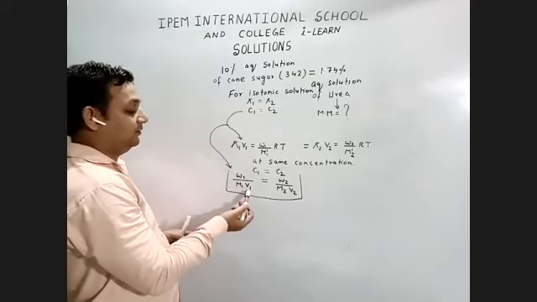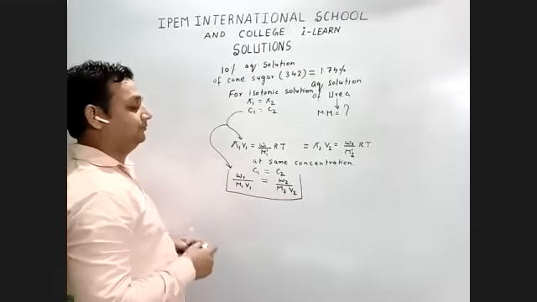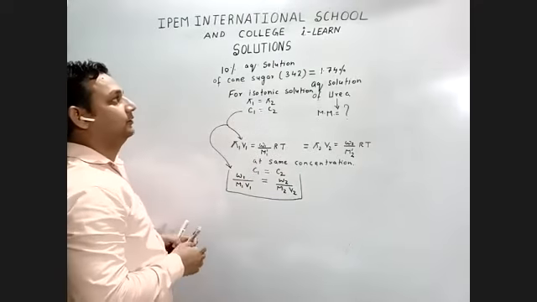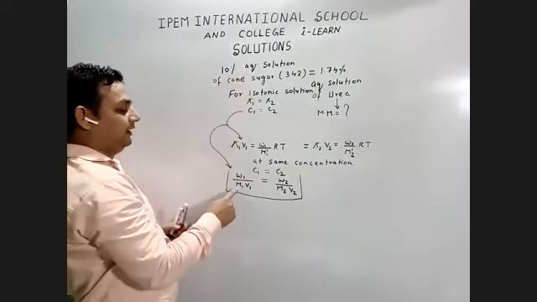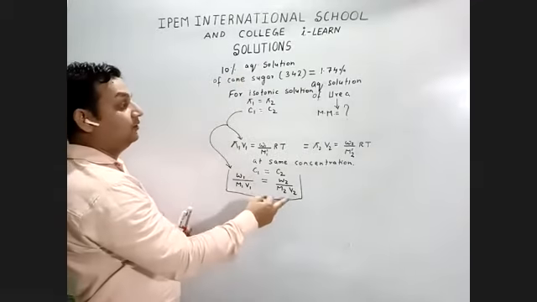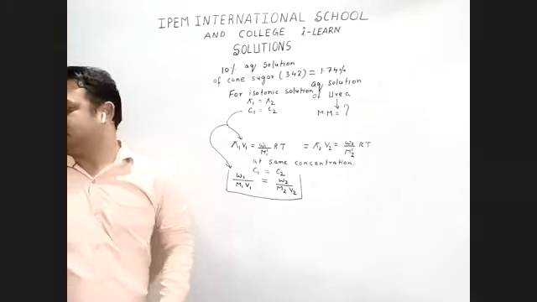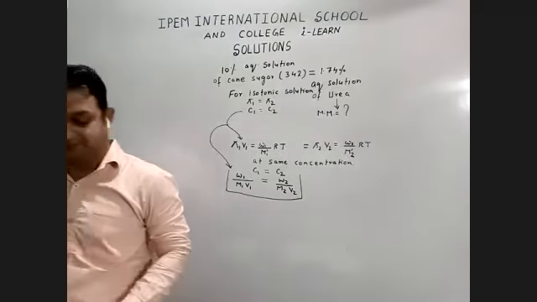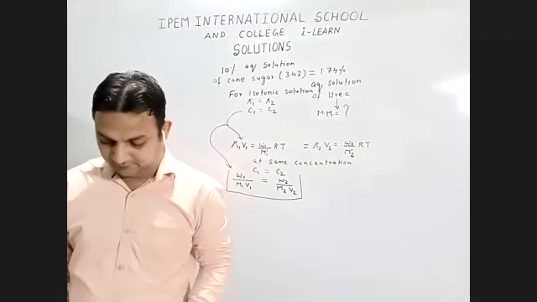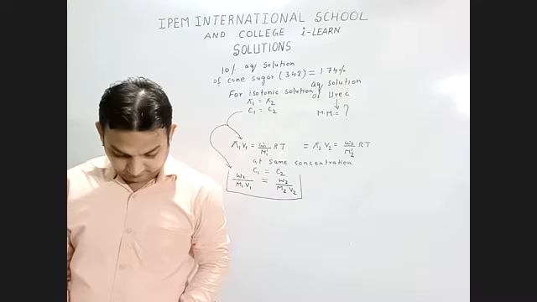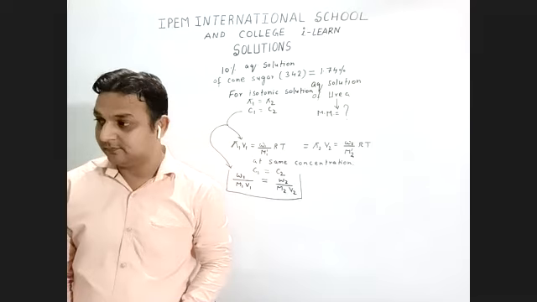You have to apply W1 upon M1 V1 is equal to W2 upon M2 V2, the same as concentration C1 is equal to C2, phi 1 is equal to phi 2. So what is W here? M1 they have given for both. What will be V1 and V2? So is the answer 59.5?